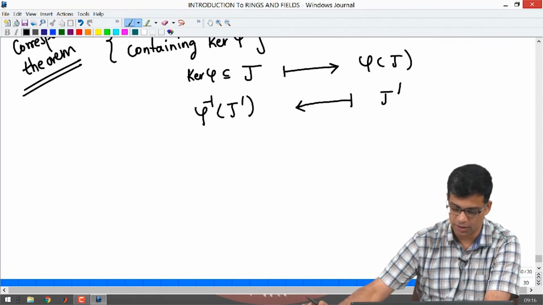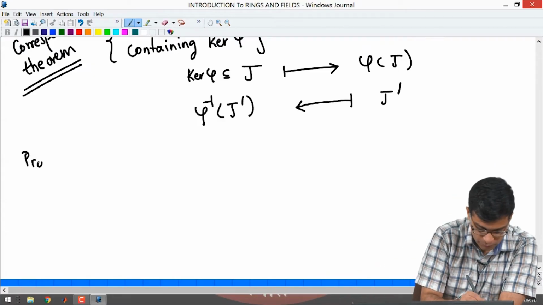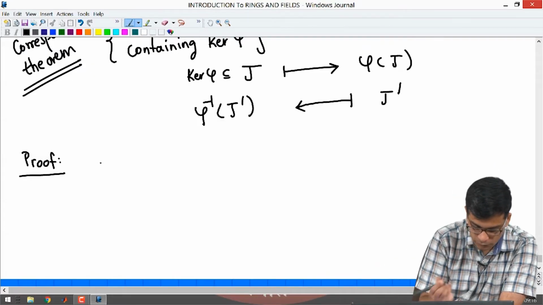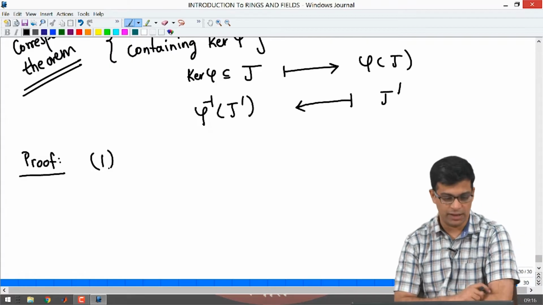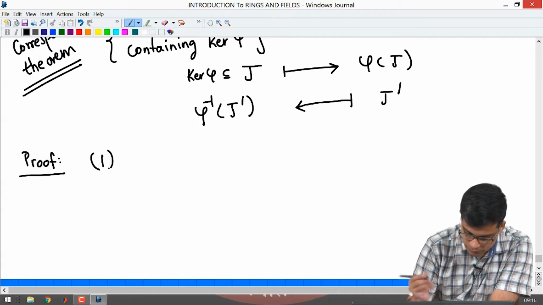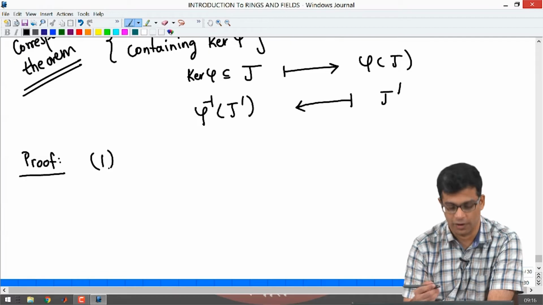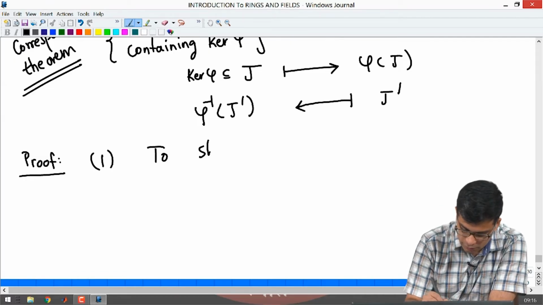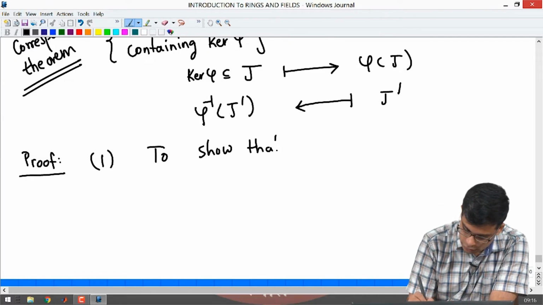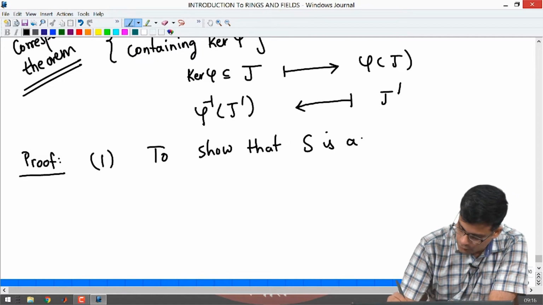So, the theorem has 3 parts, let us prove them one by one. So, proof of the theorem. The first part is fairly easy. So, let us quickly prove this. What is the meaning of a subring? To show that S is a subring of R prime,